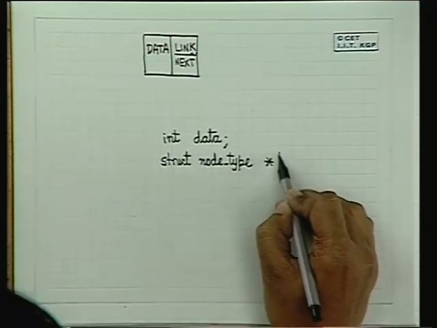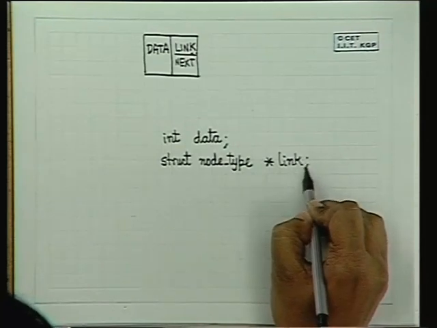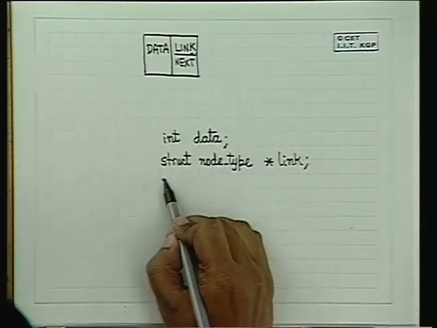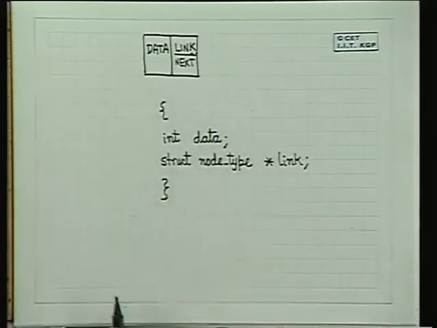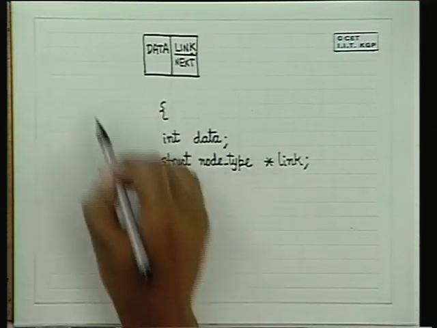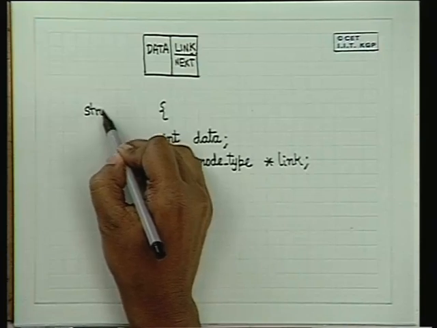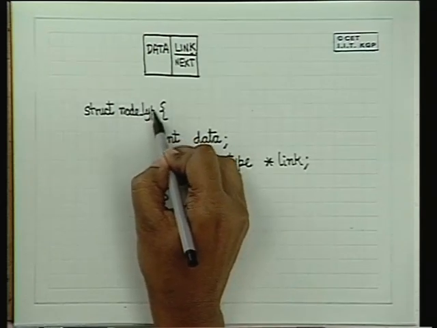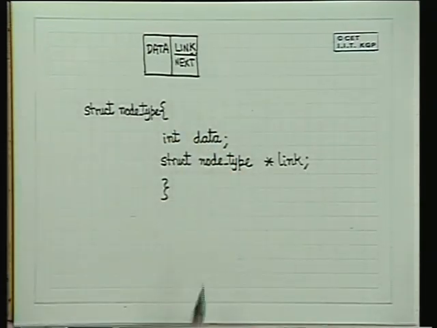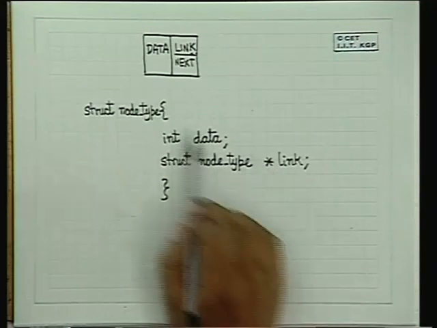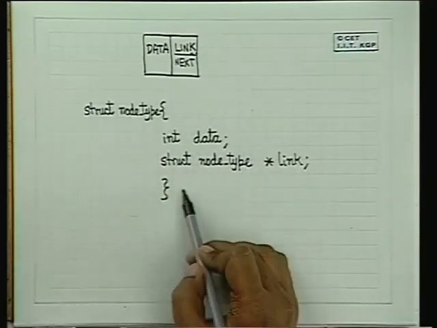So this is what it will be. It will be a pointer to node type, but remember, node type is this structure itself. So we have to declare this node type, struct node type. So struct node type int data, and link is a pointer to node type, and you can declare all your